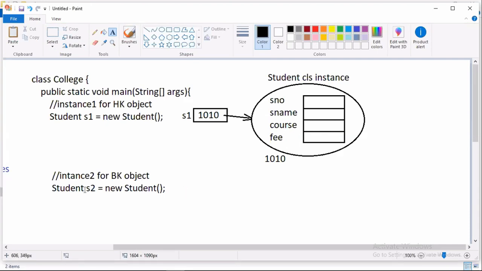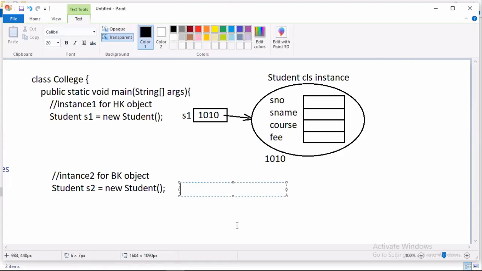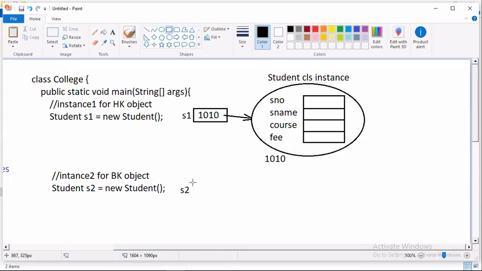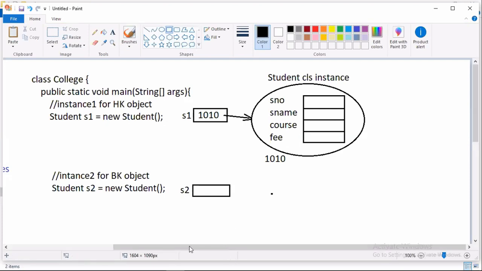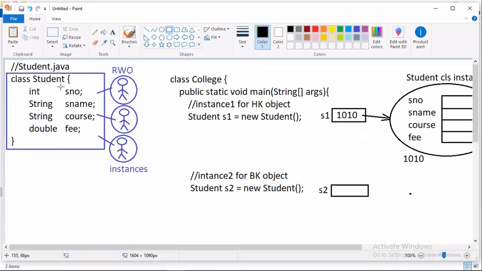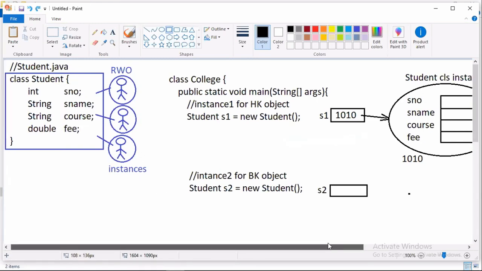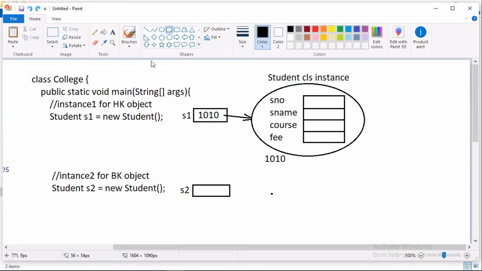Next, what happened? Instance 2 for BK, Student s2 equal to, the s2 variable is created. Now the new keyword will again go to the Student class, collect all these four variables, and create the same memory.